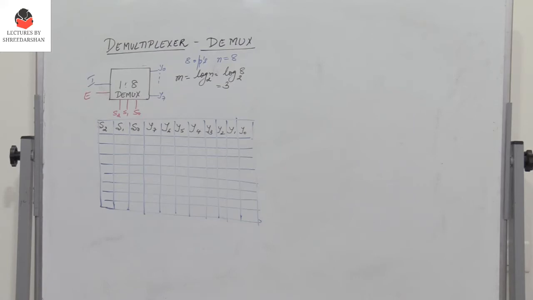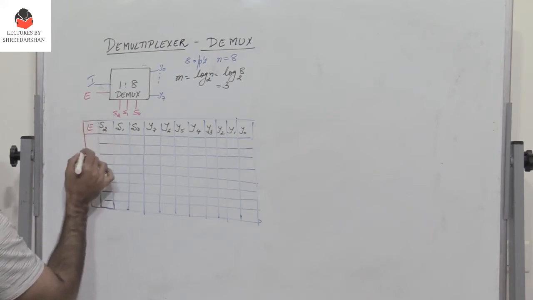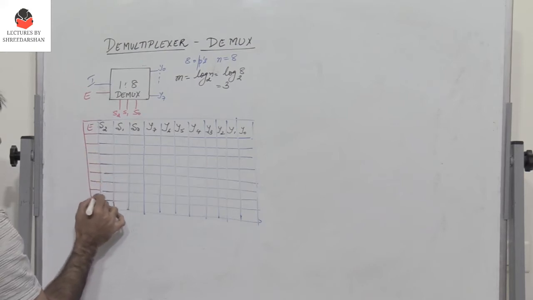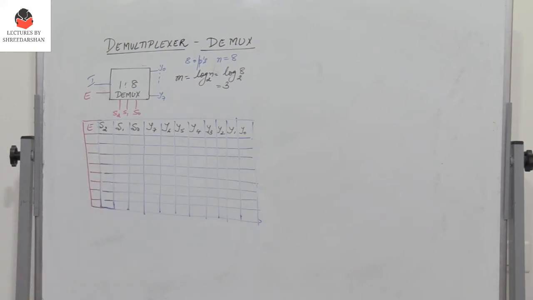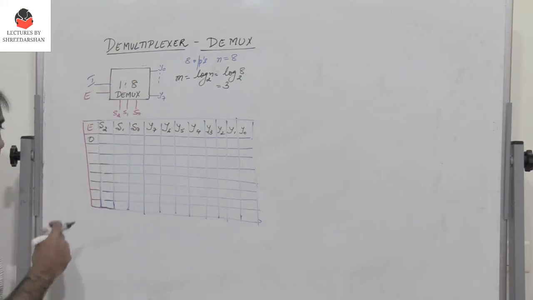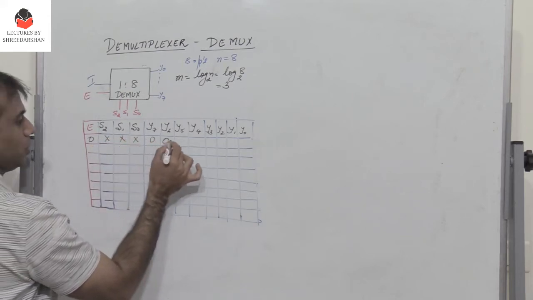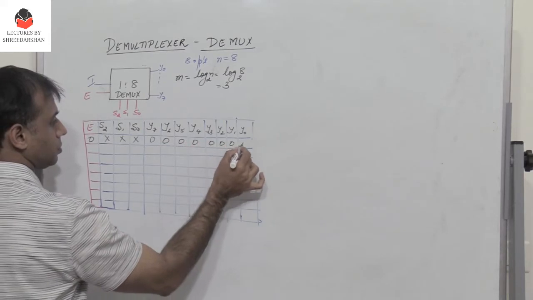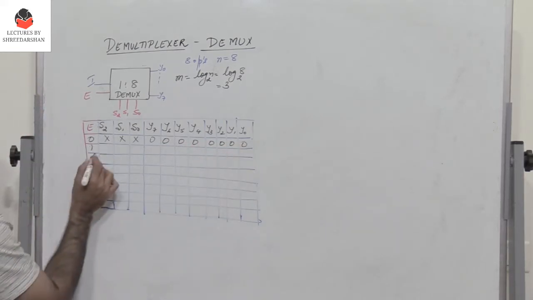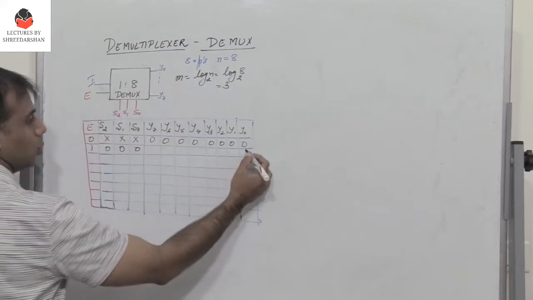Alright, so now let us see how we can design. If I have the enable bit, which is one of the other inputs, let's see how the truth table can be written. When the enable is 0, the 1:8 demux does not operate, so irrespective of the select lines, the output would be 0. When the enable is 1 and S2, S1, S0 is 0, the input appears at Y0.